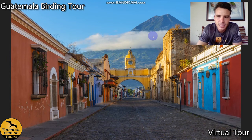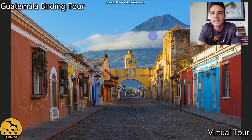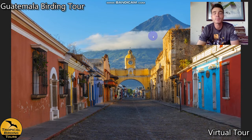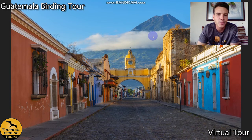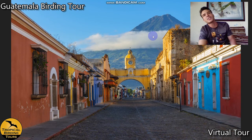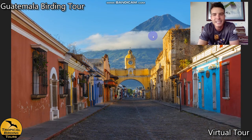And in the back you can see already one of the 37 volcanoes the country has. This is Agua volcano, water volcano. Before it was named water volcano, or Agua volcano, I'll explain why it's called like that. It was called Hunahpu, the name of one of the Mayan gods. But the Spanish renamed this massive volcano Agua, and that was because in the 1700s, when the Spanish ruled in